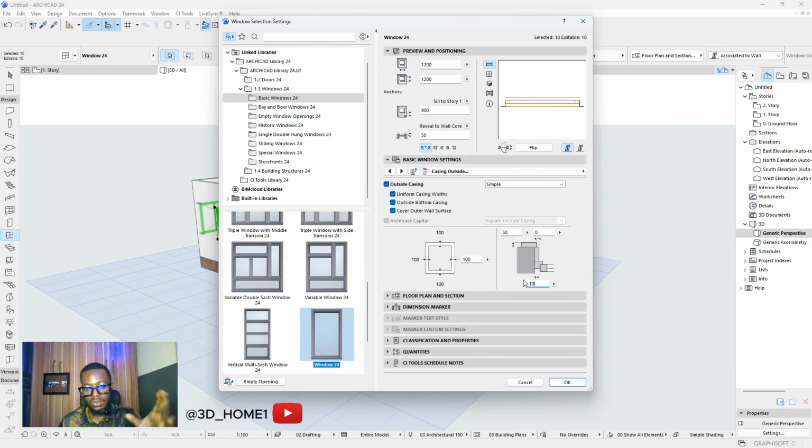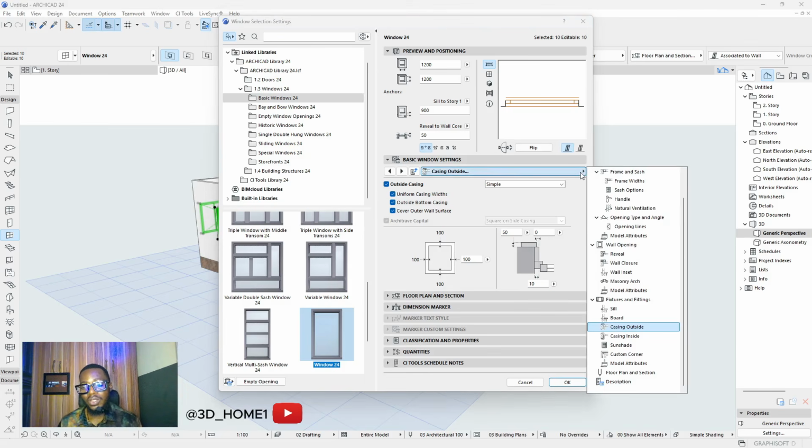We don't want the casing to be much, and then the width of the casing is, some say you can call it window hook or casing or architraves, window architraves. So now this one is 100. I think it's cool. So if you check now, the color is still